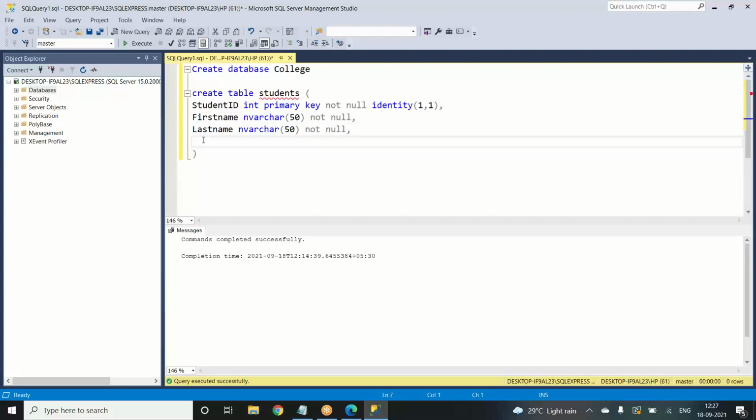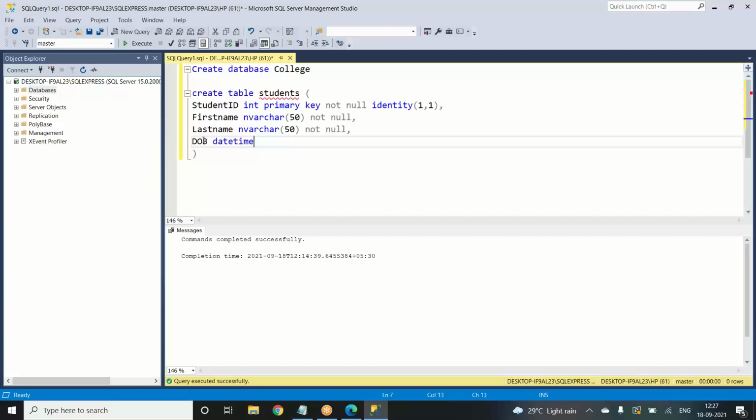Okay. After the last name, the next thing should be date of birth. We can just have it as DOB. The date of birth also has its own data type. We have two different data types for date of birth or any kind of date related input. One is just date, and the other is datetime.